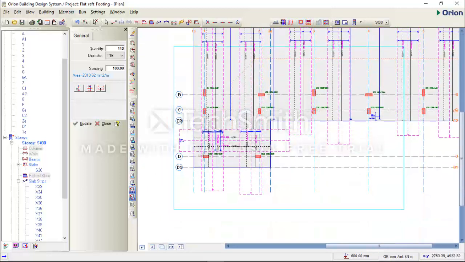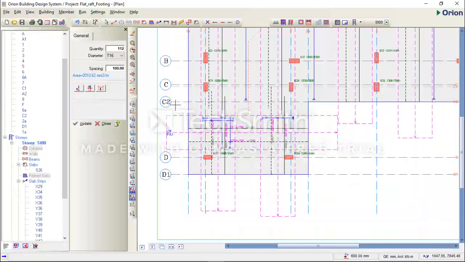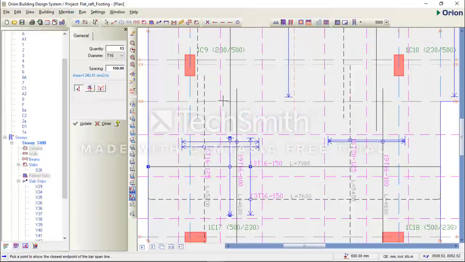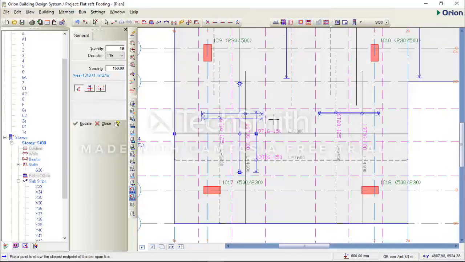So for between C2 to D1, you adjust the reinforcement detail too. So I'll select this callout's property. I want it to start, say, from here. Click on this button again. Let it start here.